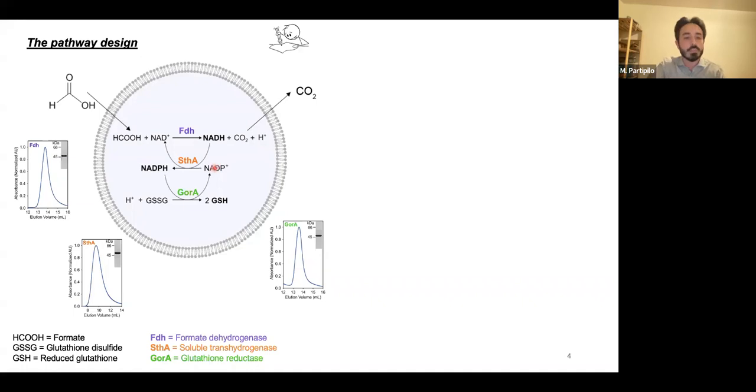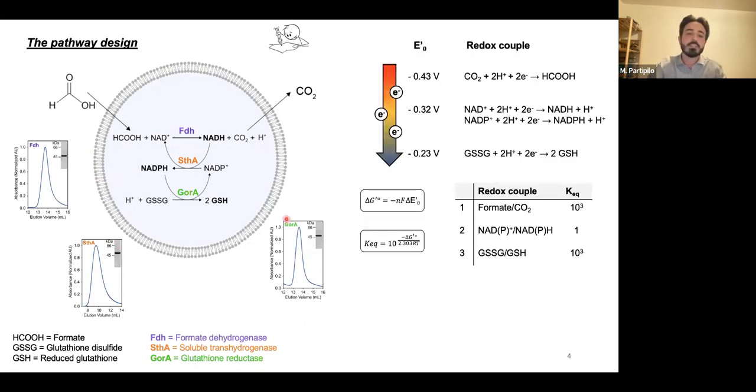Since we are working with a bottom-up approach, we then had to overproduce these three proteins in bacterial cells, and then we purified them to homogeneity, as you can see from the three size exclusion profiles that I included here. And the last thing that I want to mention is that, of course, we chose homologs of these three enzymes that were kinetically compatible with each other, but we also took into account in the design